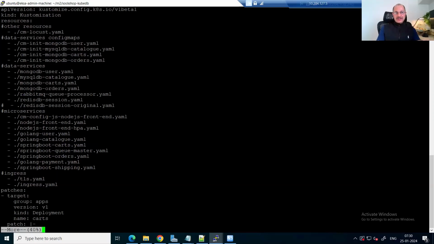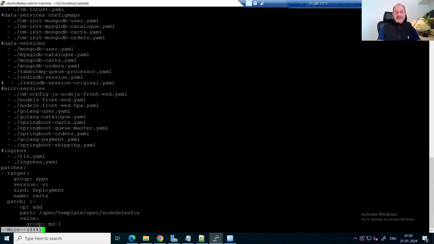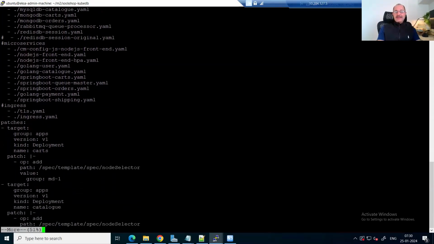These are the data services. We are creating user, catalog, orders and all this, with the prefix of the type of the database here. These are the microservices that will be created as a part of the deployment: the front end, the HPA for that front end, all the other services, the ingress definition, and there are some patches that I wanted to talk about,